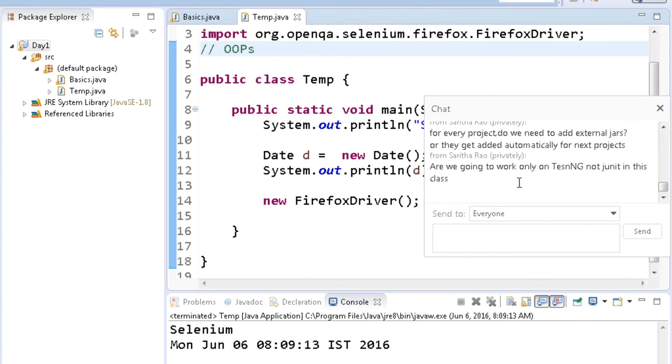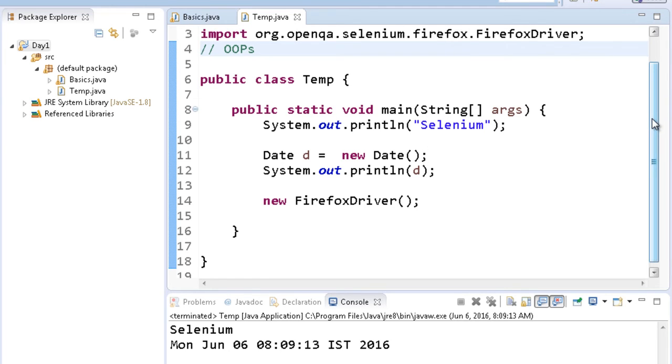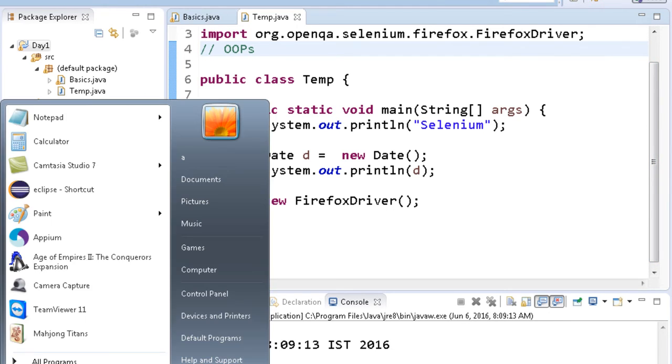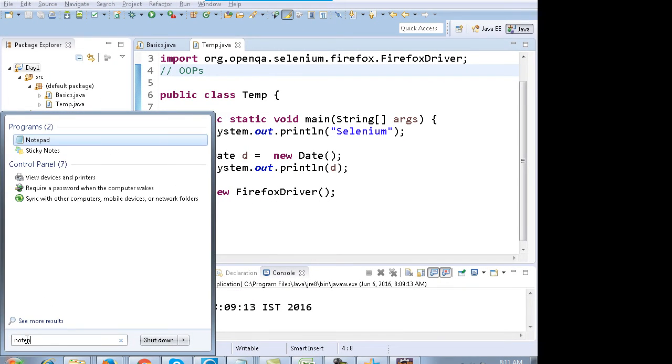Yeah, Ashish. One quick question: I know that you added the external jar, but you also say that you will be covering Maven. And when we cover Maven, we will do it a different way, right? Yes, we'll do it differently. In Maven we use pom.xml from which the jar files get downloaded from the centralized repositories.